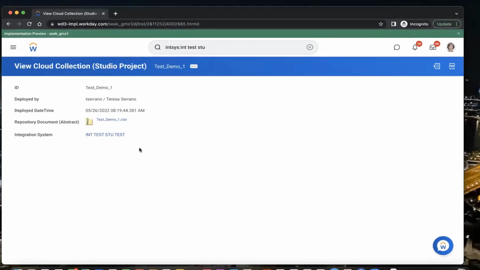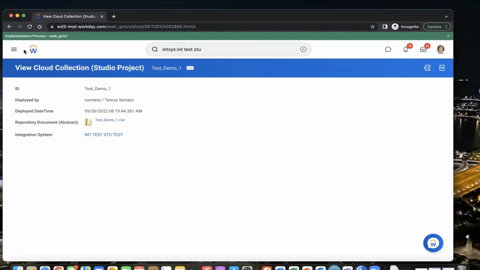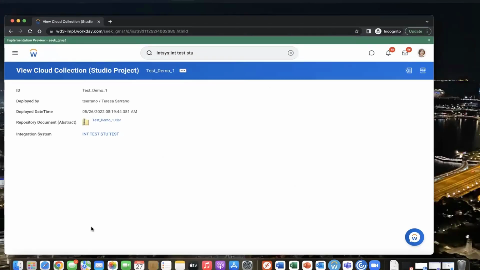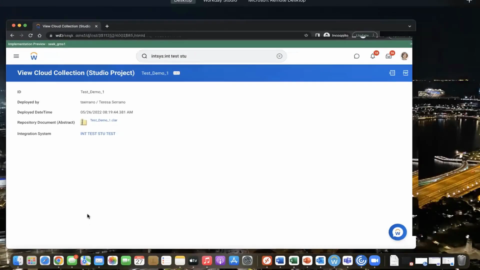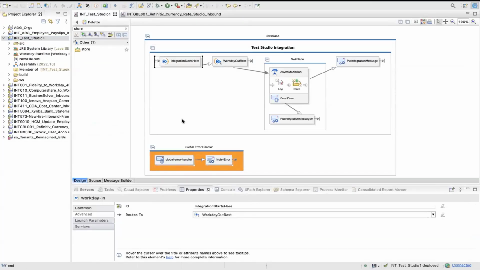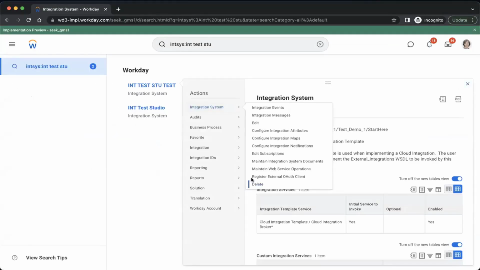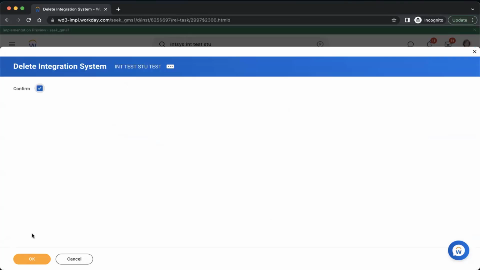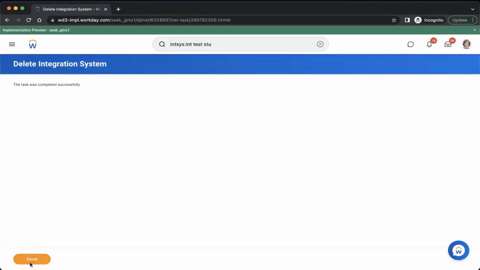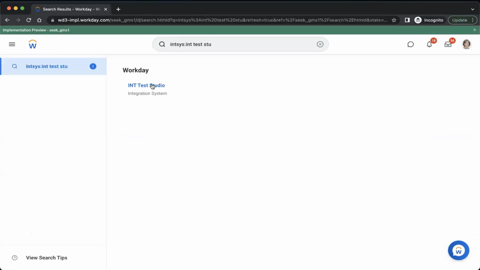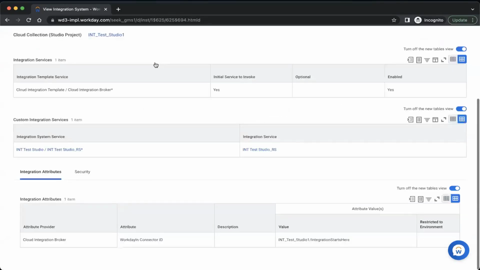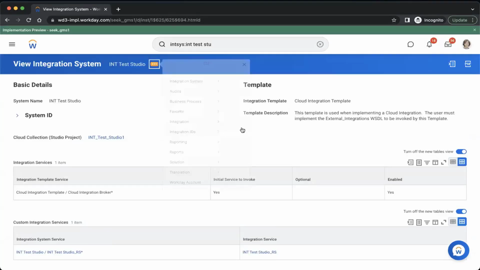Is it the one? Okay, this is the one. It has nothing here. That is fine. Integration launch.